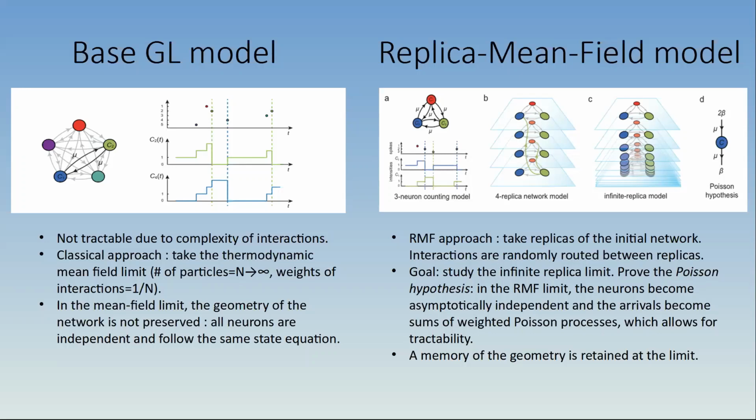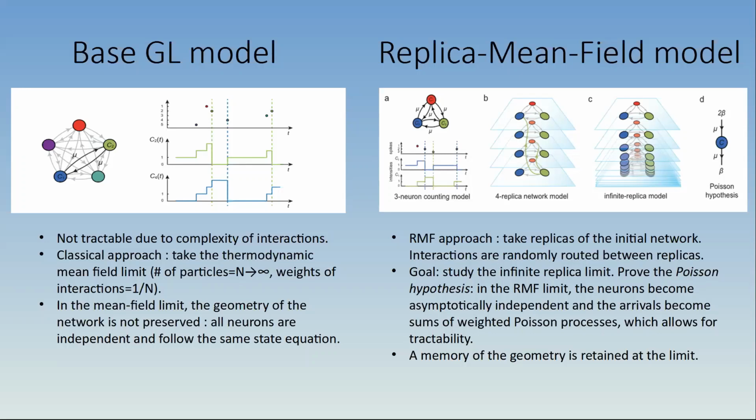And as to what do I mean when I'm going to infinity? What I'm looking at is what happens mathematically when the number of replicas goes to infinity, and then I'm looking at any characteristic replica, because since they become kind of independent, they all have the same behavior at the limit. So we look at one of the replicas and we study the dynamics inside any of the infinite number of replicas, so to speak.